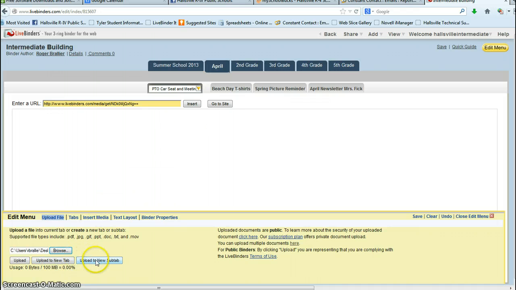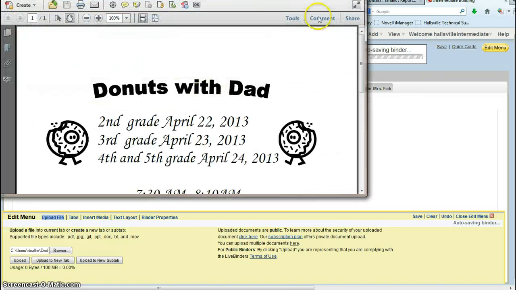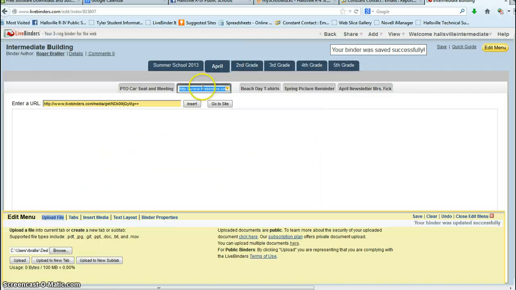I'm going to upload it to a new sub-tab. It brings up this, and there's our Donuts with Dad. I want to make sure I change this, because notice if I don't change it, it has a long address. So, Donuts with Dad. And then I want to hit save. As far as the teachers go, if you want to upload something to your grade level, let's just choose third